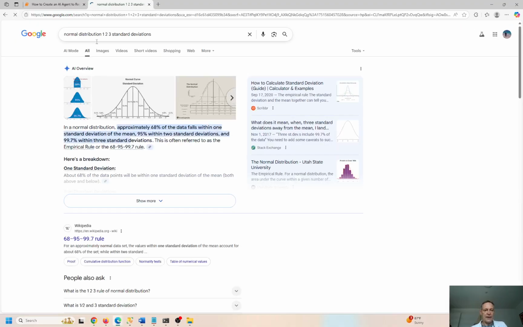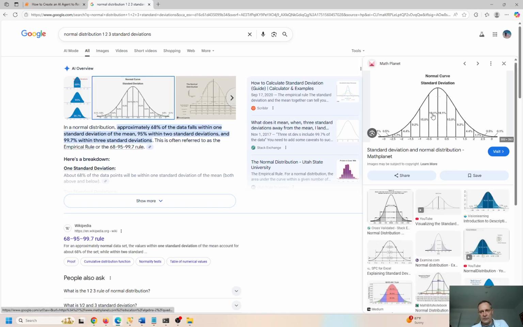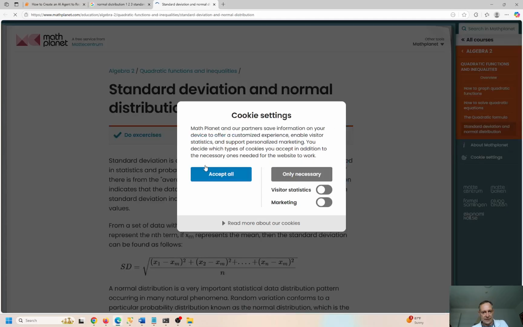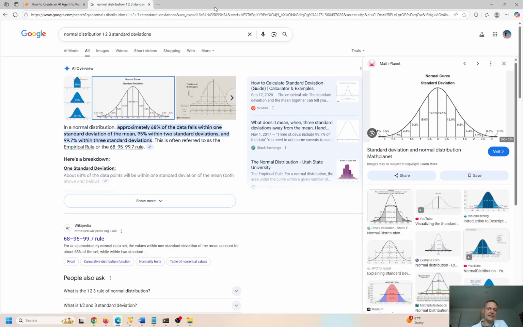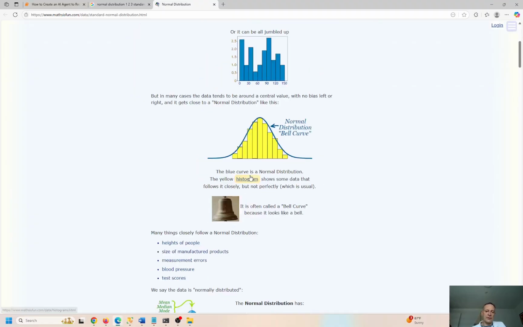Okay, so you can look at that. Here it is. This is a good visual right here. I think this will suffice. Oh, no, come on. I don't want to click cookies. I hate these things that make you click cookies. I don't want to do it, guys. Okay, let me look at this one. This is fine. Okay, so this should be fine without clicking any cookies.